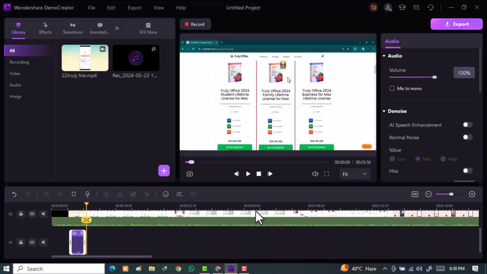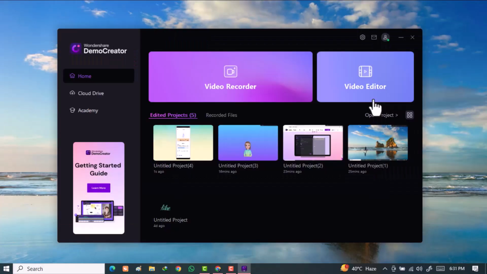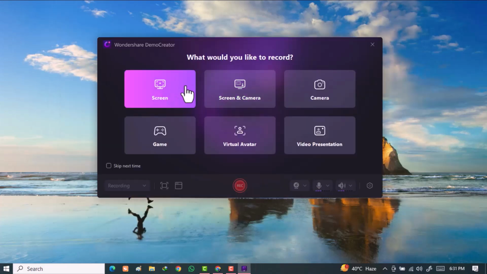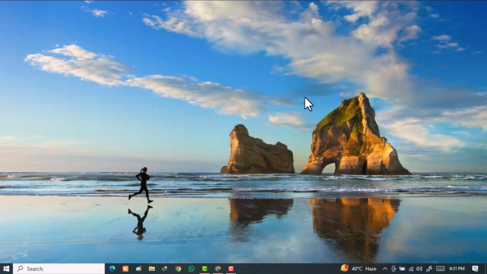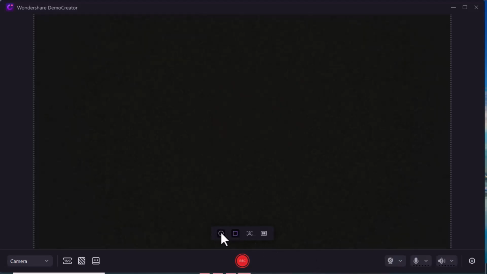Advanced camera effects. You can move things around on your screens. Let's quickly do that now. Let's move my webcam over here. We have got a few options down the bottom here to play around with the camera effect. The camera features include the circular frame, the rectangle frame, AI facial recognition, and a green screen style effect.